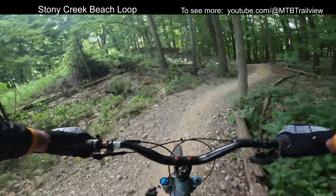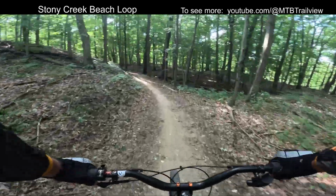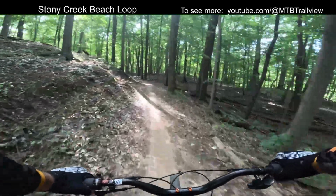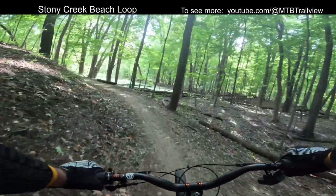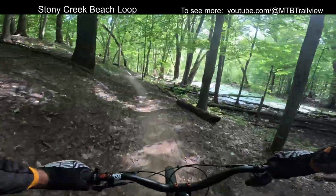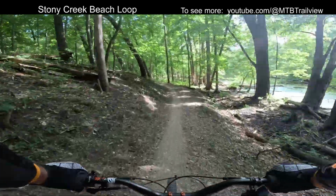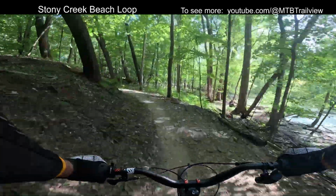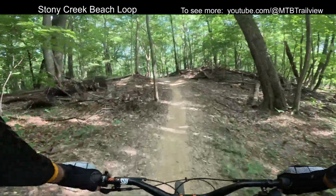I wouldn't say it's a hill, but it's a constant incline for probably a good quarter to half a mile. But it's a beautiful ride. It's definitely the kind of thing that a whole family could ride together. Nothing's going to jump out and get you. There's no aha moments. It's just a nice, hard-packed, windy trail,